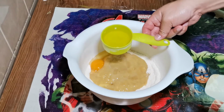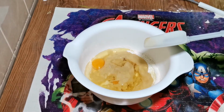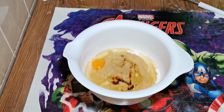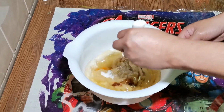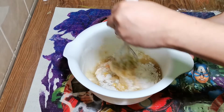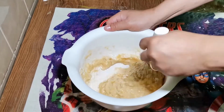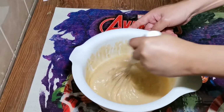Then, 1/2 cup cooking oil. And finally po, 1 teaspoon vanilla extract. Then, we will just mix it thoroughly together sa yung ating hinalong mga dry ingredients kanina. Once mahalo na po nating mabuti,